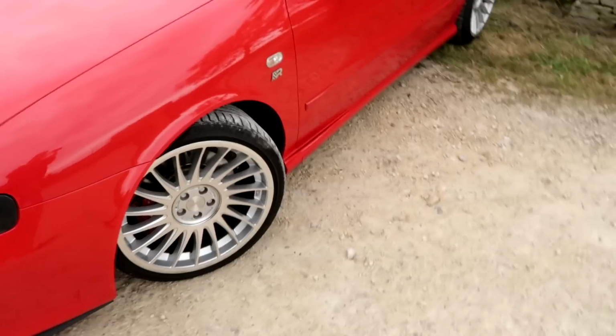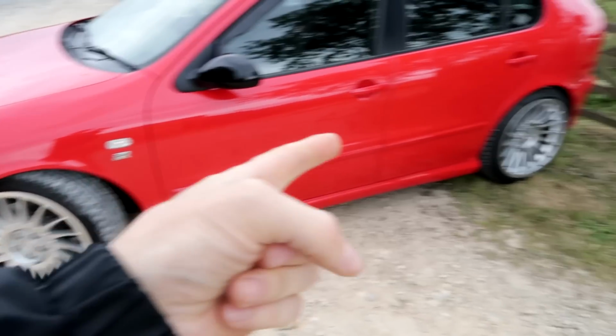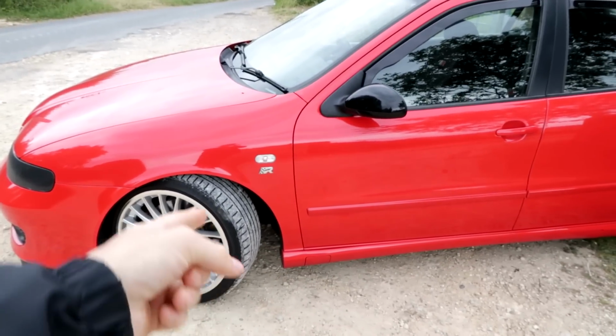The plan now is basically to focus on handling so that I can put the actual power that I do have on the floor instead of just spinning the tires and bouncing. The plan is new coilovers, way better coilovers. I'm looking at either BC or KW, and then this is a decision I came to the other day, which I don't really want to do yet because I feel like I haven't had these long, but I'm going to sell